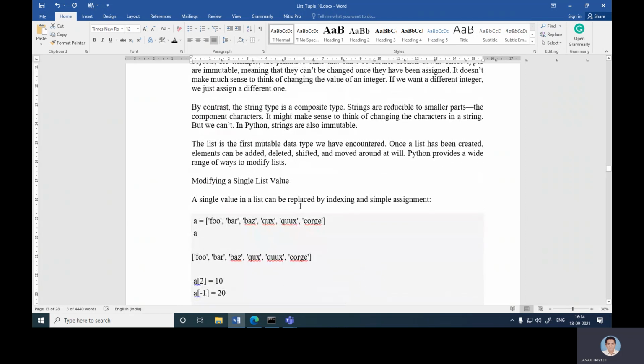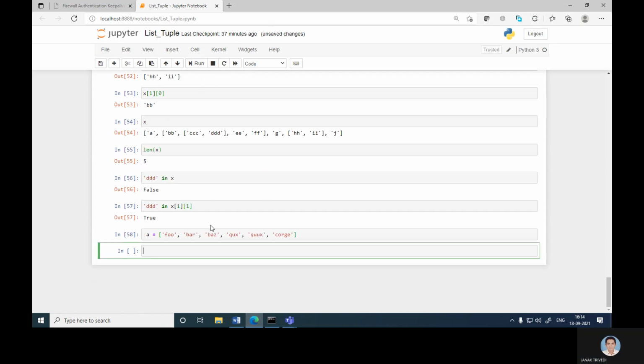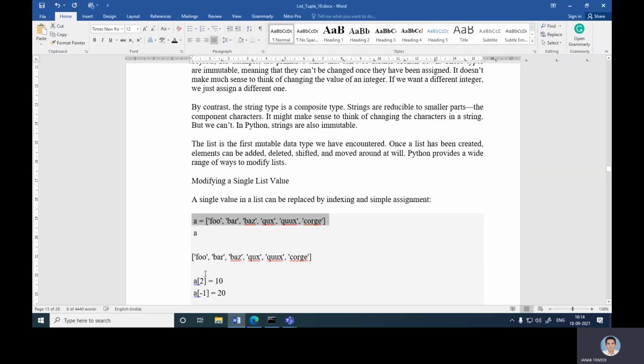Okay, so modifying a single list value. A single value in a list can be replaced by indexing and simple assignment. This is the example of a. Now a[0] is foo, a[1] is bar. Okay, this is the indexing. So now a[2] is 10 and a[-1] is 20.